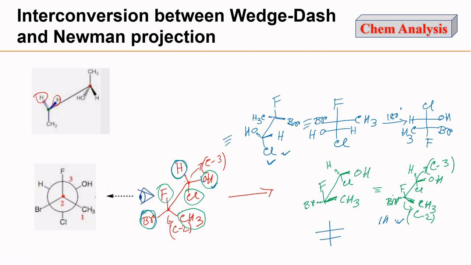In the front carbon we are seeing that fluorine atom is above the plane, so we have to bring it below the plane, and for that we have to rotate the substituents by 180 degrees, and fluorine atom will go below the plane, bromine atom will go on the right side, and methyl group on the left side. And similarly in the back carbon chlorine atom is below the plane, so the orientation will remain as it is, that is OH is on the right side and hydrogen is on the left side. So we can see that both structures resulting from viewing the structure from the right side or the left side are the same. So that's all for this discussion, and thank you for watching.